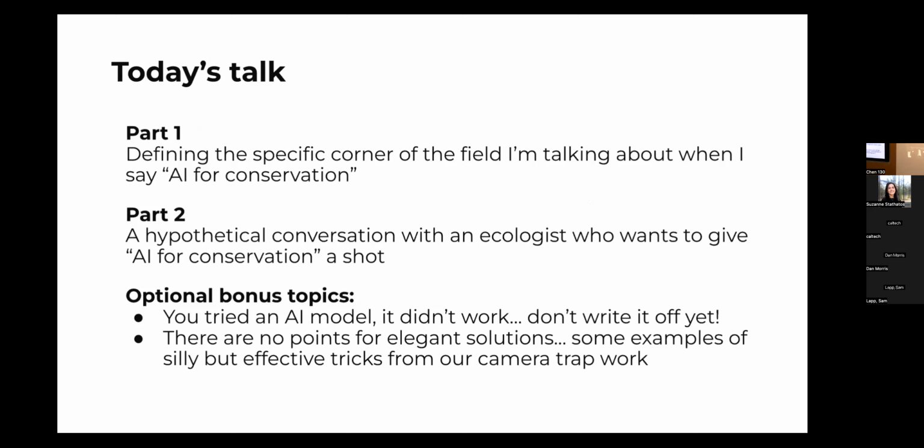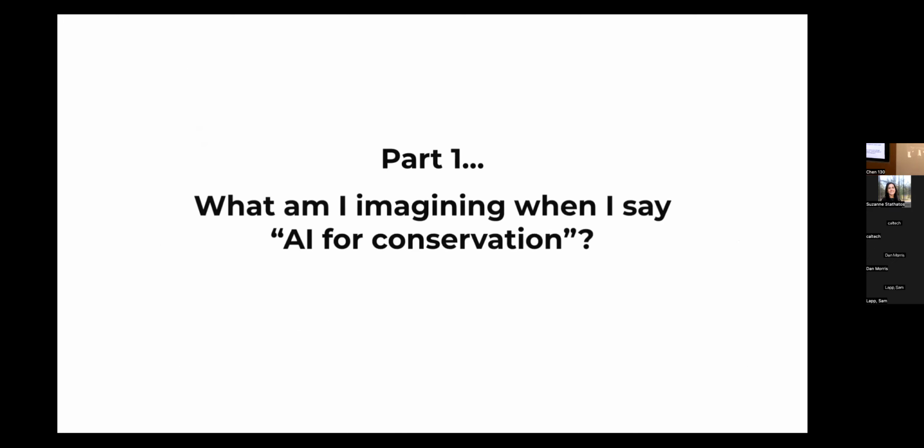Please do. Okay, so specifically what we're going to talk about first, when I say AI for conservation, I actually mean a pretty narrow subset of AI for conservation. So maybe some useful taxonomy to help you make the same distinction I do and understand where I'm coming from. And then we're going to get into that hypothetical conversation with an ecologist who wants to try AI for conservation for their problem. And hopefully in a few weeks, you'll all be in that position of having that conversation with fellow ecologists out there in the world. Then we've got a couple optional bonus topics if we have gobs and gobs of extra time at the end, but not too worried about that.